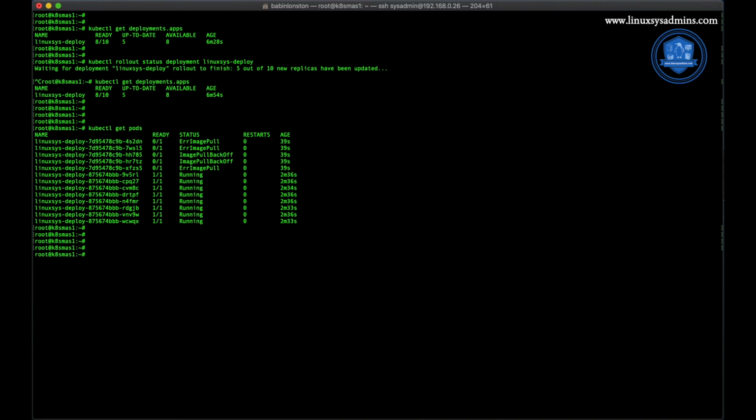So let me quickly set the image to 1.17. Already I have done that. This is the image I am going to set now. kubectl set image deployment/linuxsys-deploy nginx=nginx:perl.